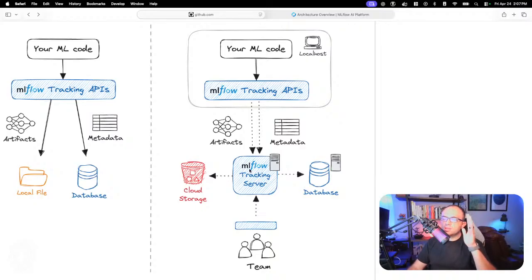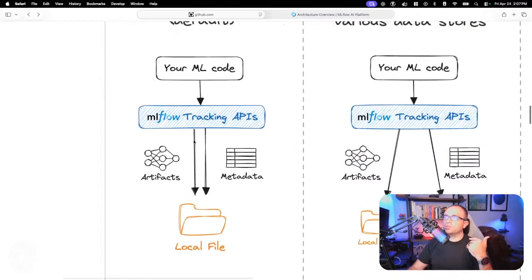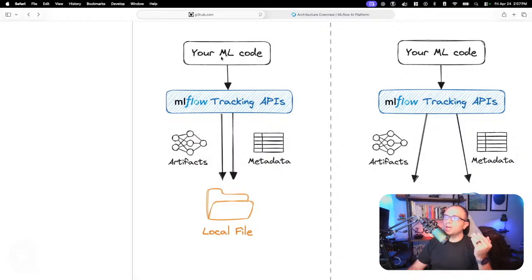All right, so that is the production version of MLflow. So let's talk a little bit about how we are going to be doing our own interaction today. We're actually going to be making use of this first column here. You can see that it's largely the same. It's just that whenever we run our stuff, we're going to run it locally on our own personal laptop, our own personal desktop, and then it's just going to save everything to the local file system.